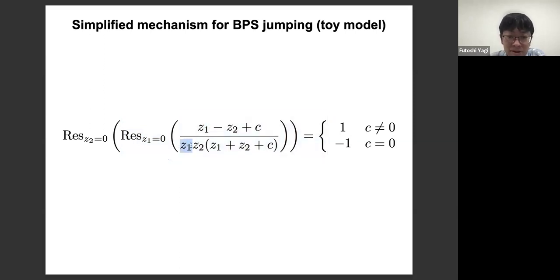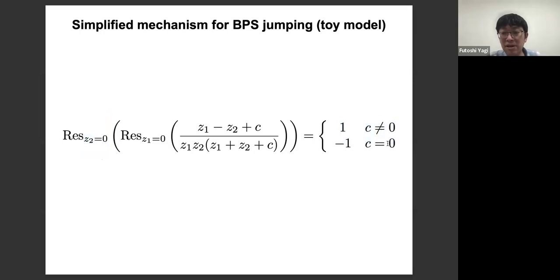So we ignore this and substitute Z1 equals 0. Then what we obtain is the remaining part, something depending on Z2,